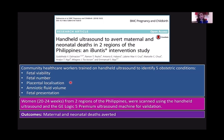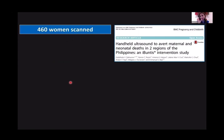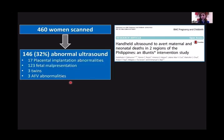They were scanned using the handheld ultrasound, but also with the GE, the high-end ultrasound, and that was for validation of the POCUS or the handheld ultrasound. And the outcome of the study was maternal and neonatal deaths averted. That was an estimation, not actual deaths, estimating if we would identify these ultrasound abnormalities. And we know from the data that this could potentially save or avert an X number of maternal and neonatal deaths. Of course, that's not level 1 evidence, and therefore we need better